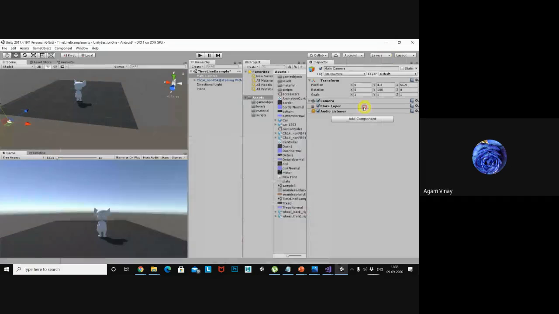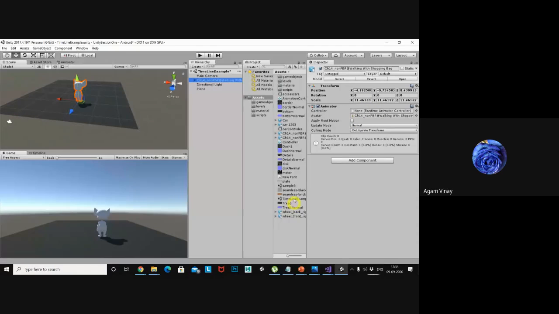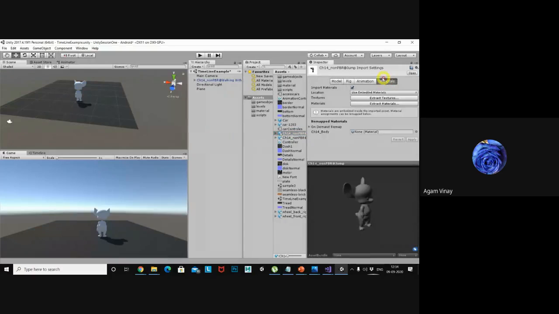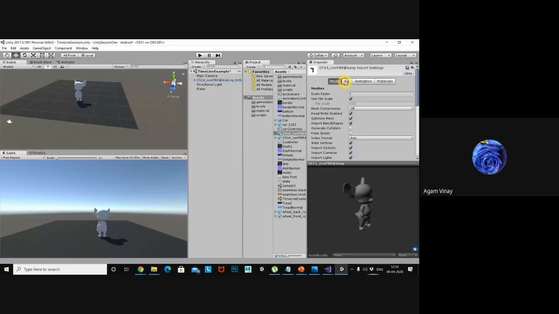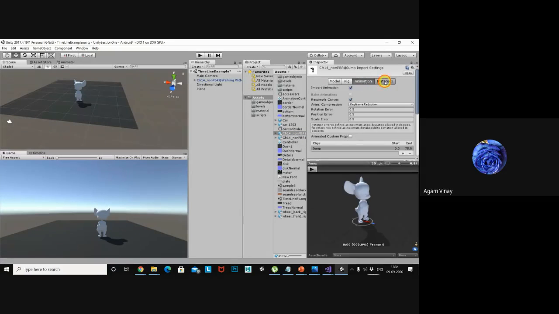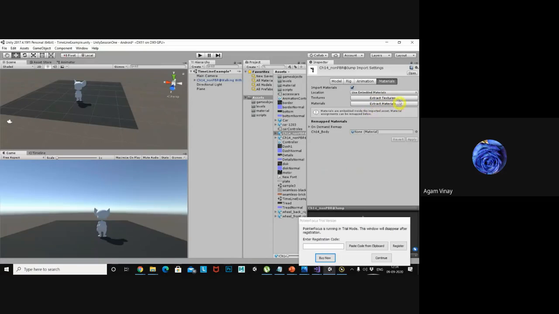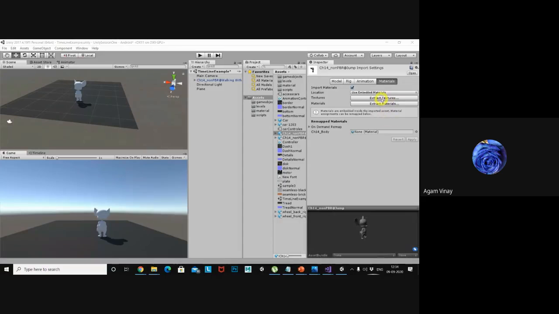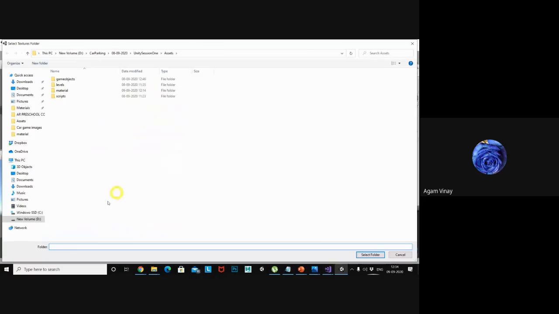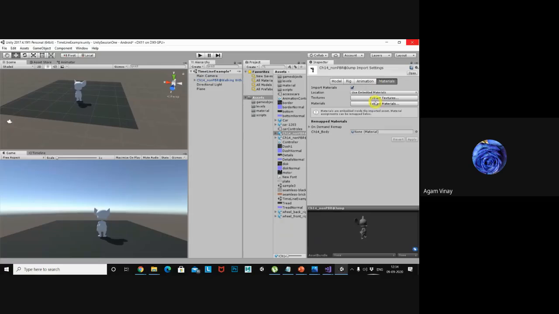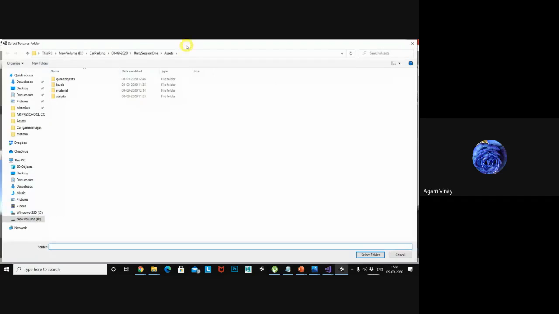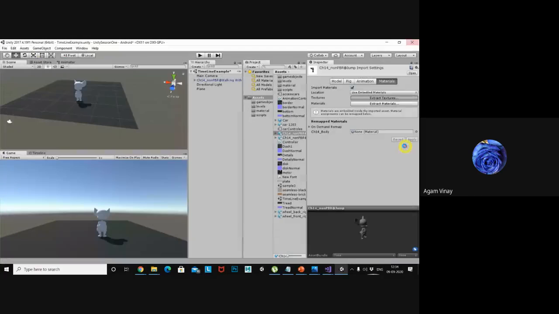So how can you get the textures of the FBX? Whenever you import the FBX model, there are some options. There are four tabs: model, rig, animation, material. Here you can extract the textures and you can extract the materials. So let me extract. It will ask where I need to extract the textures. In the game only asset I need to export, I am just selecting that. If you want a specific folder, you have to give that.